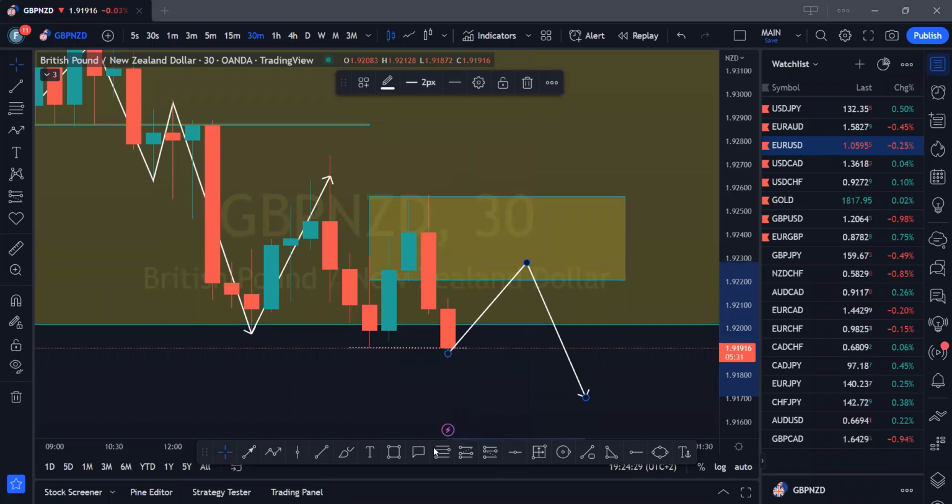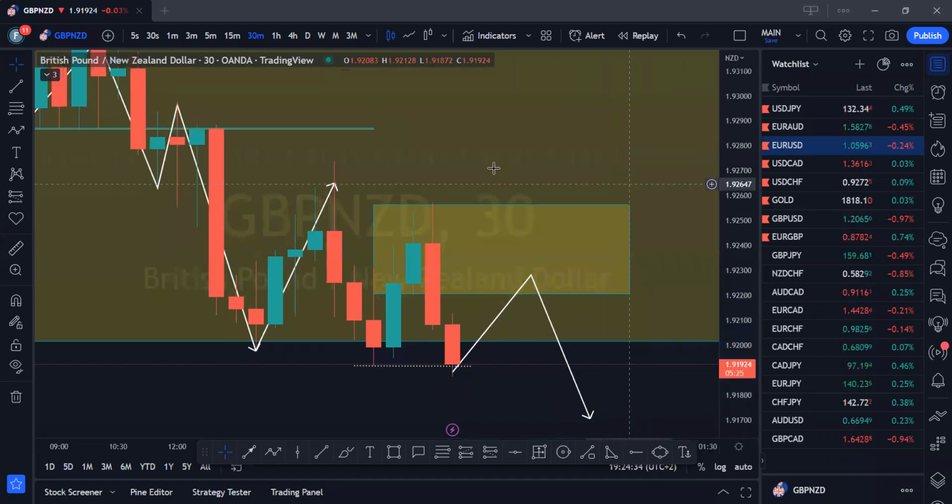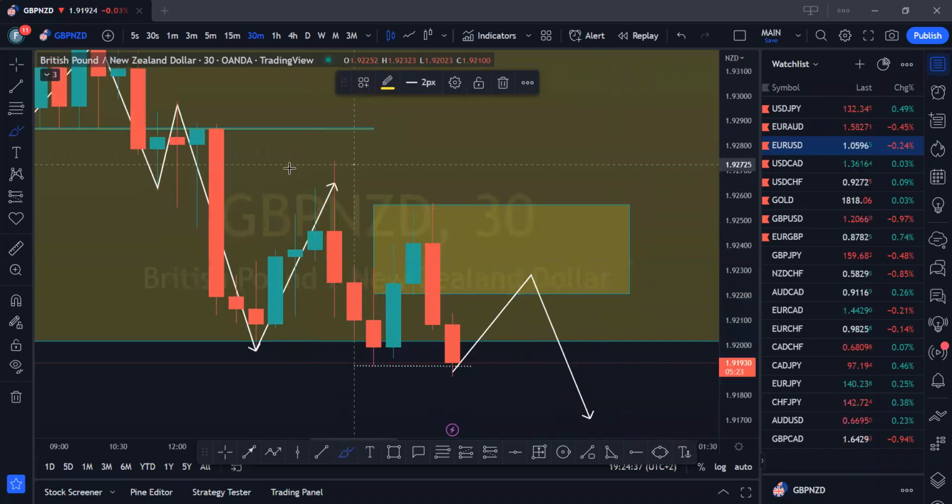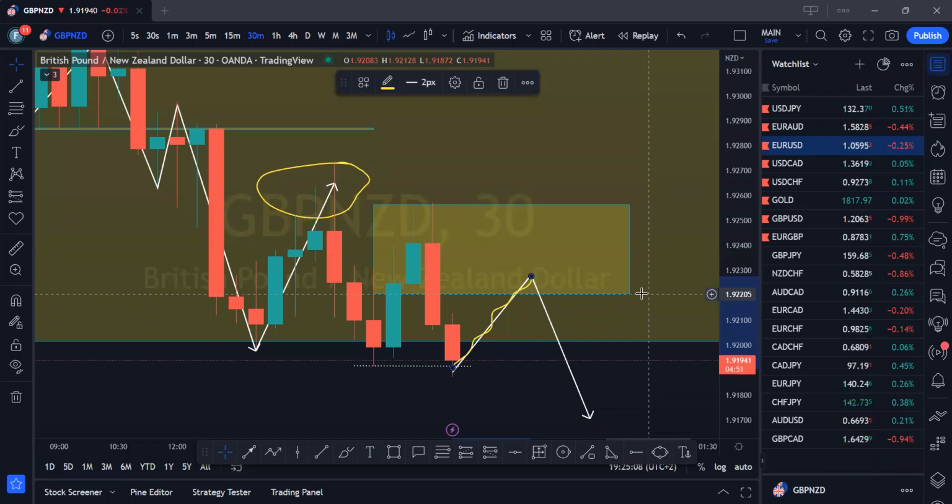Denny Aria. Okay, so assuming we started this session early enough, we could have taken entry at this zone here. So we missed that very good spot. The second zone where you can take entry is at this retracement. So you have to wait patiently for this retracement to happen. What you can do is just simply set your alerts. If you have TradingView, come here and set your alerts so that once price gets into this zone, you'll be notified via your email, on the app, and on the TradingView web as well.